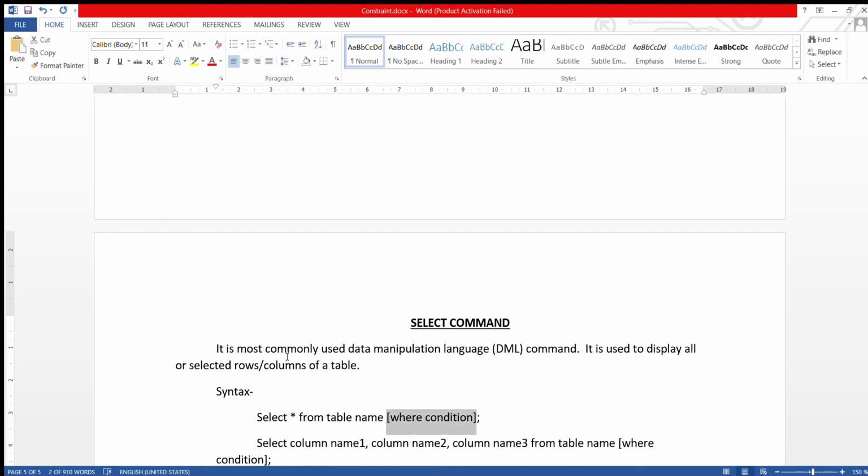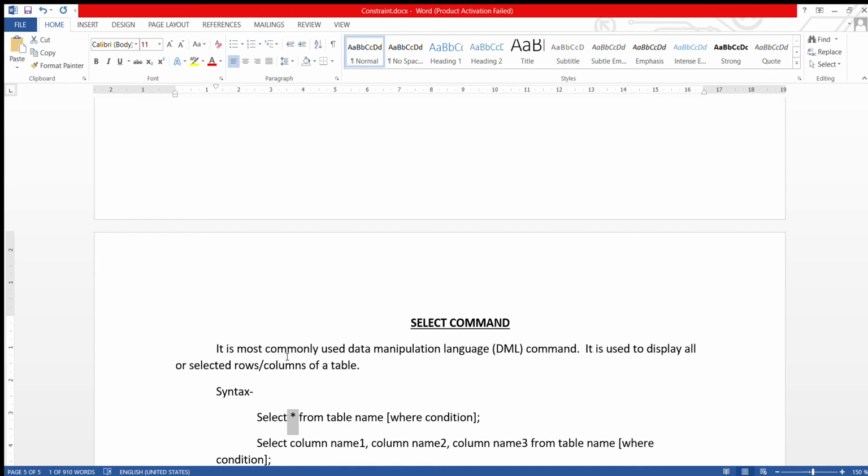Now what does that star mean? Whatever we are writing between the words select and from belongs to a column.